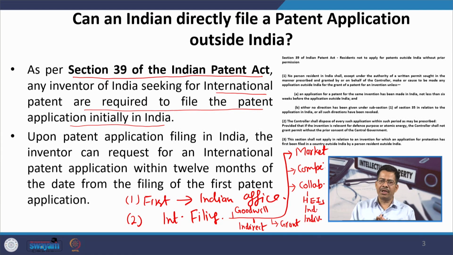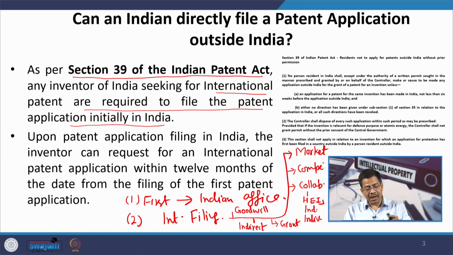So, that is also a reason for going for international patenting. There are all these possible reasons because of which, after filing your Indian application, you will go for filing the international patent. But at this point, I would also like to caution you that in case you have no international business,